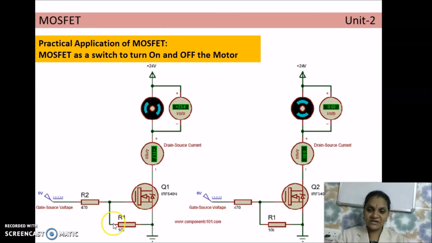So once the current flows through this resistor, some voltage drop will be created across it, and this voltage drop will act as the source voltage across the gate source terminal. And whatever may be the current flowing through this resistor, the drop across this resistor is capable of reducing the transistor to even off state. So that's why it is called a pull down resistor. So whenever the supply is given, the current is allowed to flow, the drop will be created. So VGS voltage will be applied here, and when the transistor is acting as a closed switch,